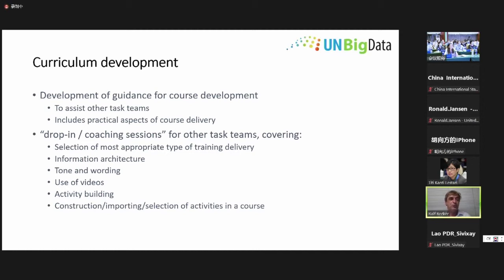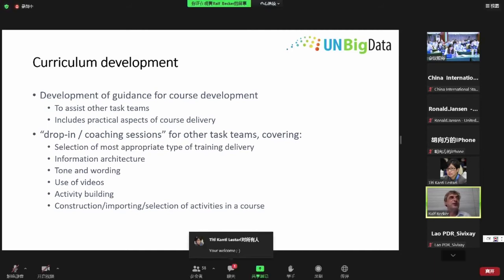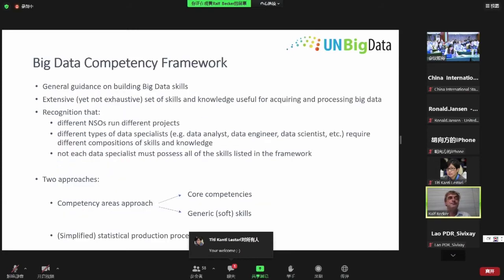And of course, assist the task teams in the construction, importing, and selection of activities in the course. How can this actually be done so that a lot of the activities become more flexible for the task teams to use? So a lot of this is, of course, based on the Big Data Competency Framework that was